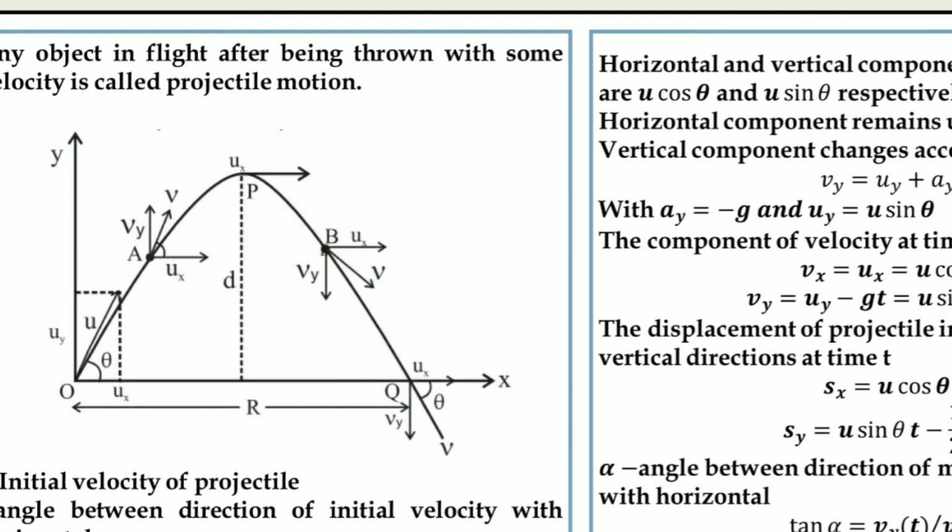You are throwing your ball towards your friend. So if you are throwing the ball towards your friend, the motion carried is what? Projectile motion. After throwing a ball, if you are at point O, you have thrown a ball towards your friend. This motion is in two dimensions, so it has two coordinates, x and y.